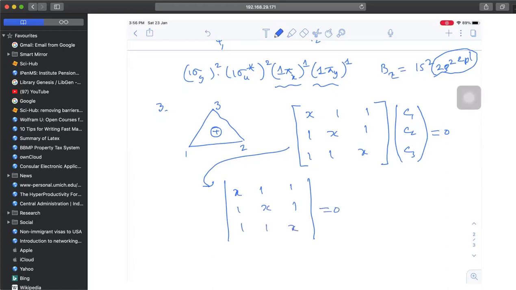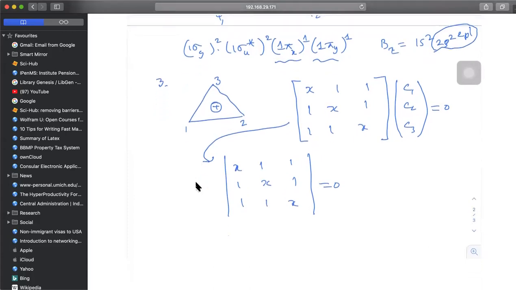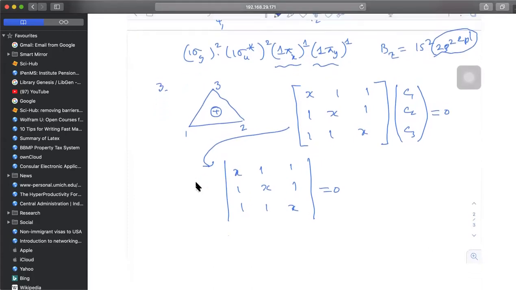And put it equal to 0. And what is the result? Sir, x minus 1 square into x plus 2 is equal to 0. x minus 1. Well, actually what you get is